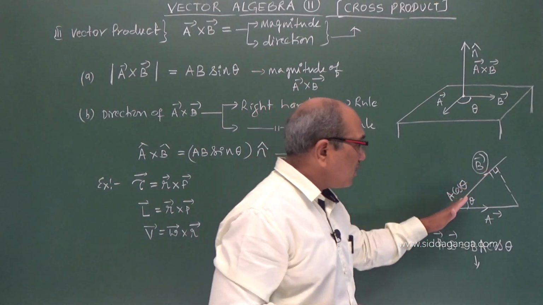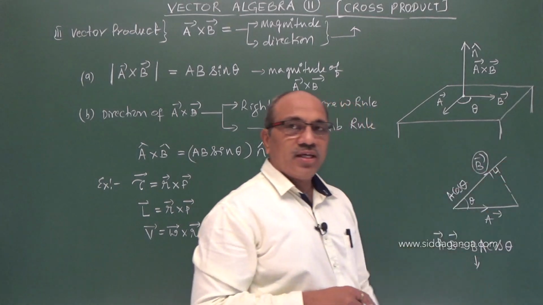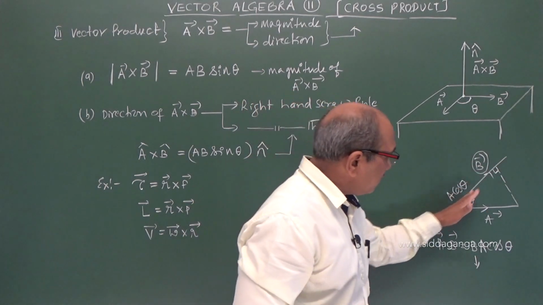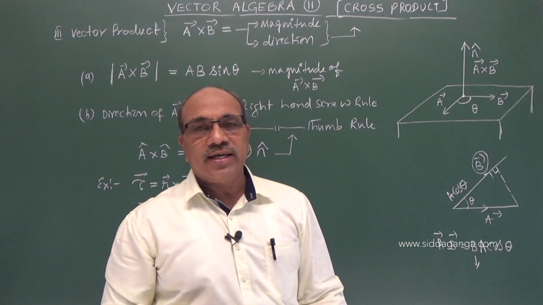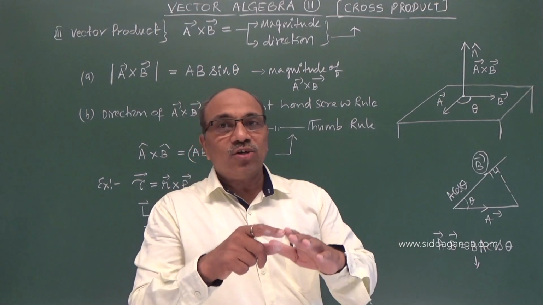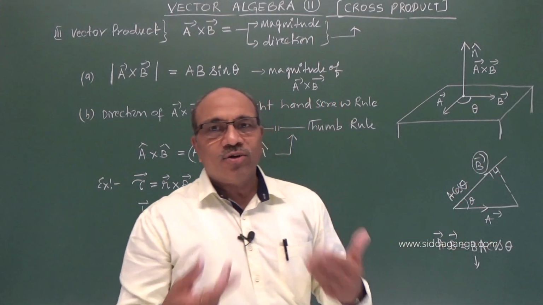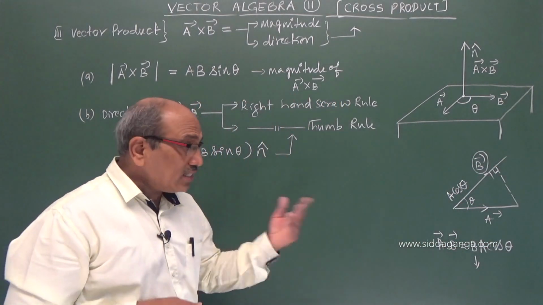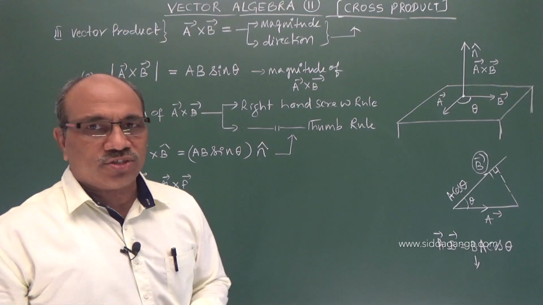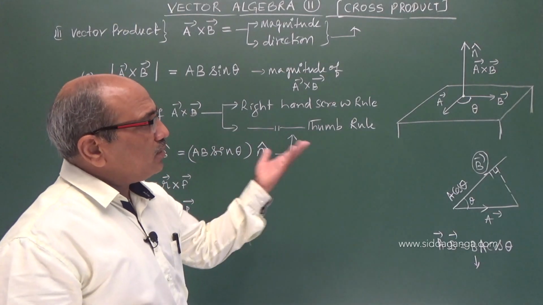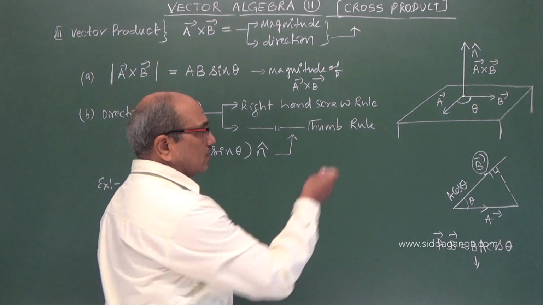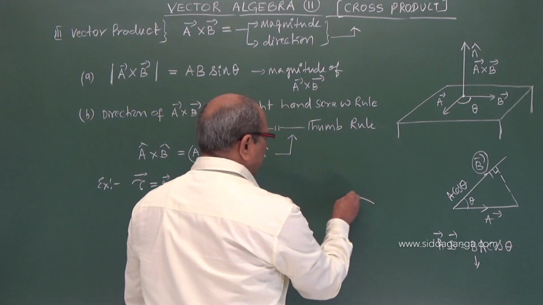We are seeing both in one direction. The effect of A and B are taken in one direction and measured as a dot product, where it loses direction. I hope you have understood, both are acting in the same direction, and no question of considering the direction between them arises. But when we come to the cross product, let us think of one example. I take the torque.